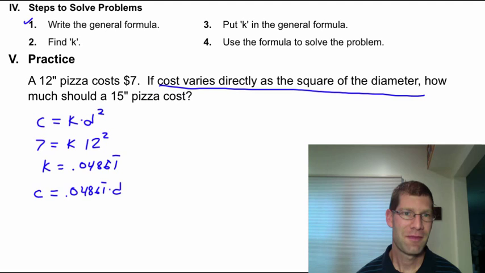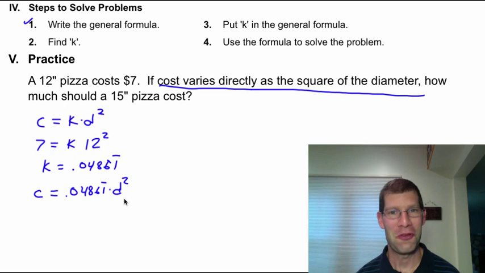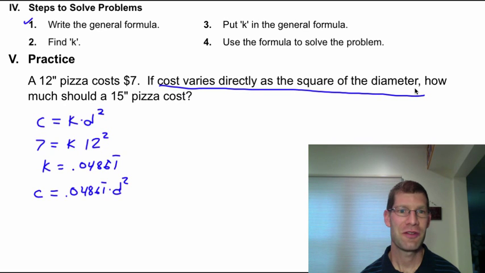But then this step 3, where it says take the K, put it back in the original equation, it's best to write the whole thing. Maybe I should have just stuck with that. But now we say step 4, use the formula to solve the problem. And that's going to be this last part of the question: how much should a 15-inch pizza cost? So if we take the 15 and put it in for the diameter,